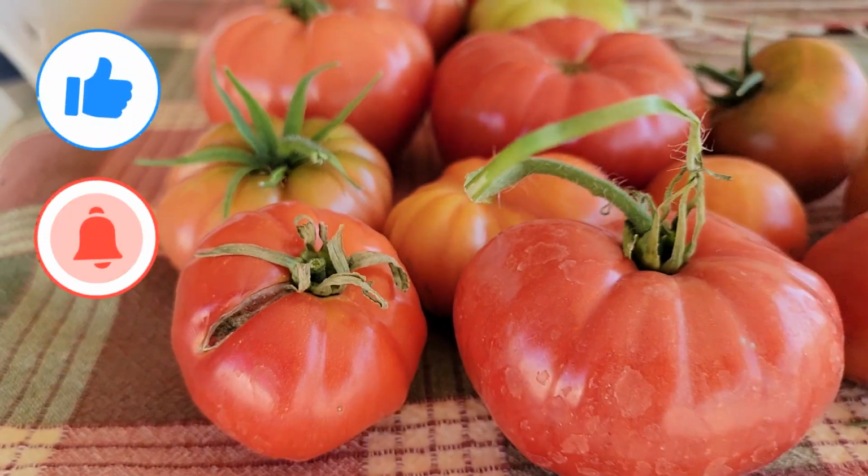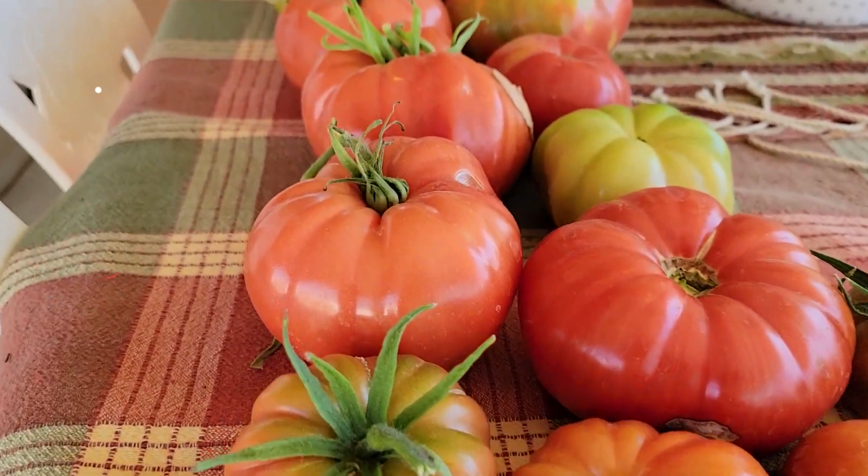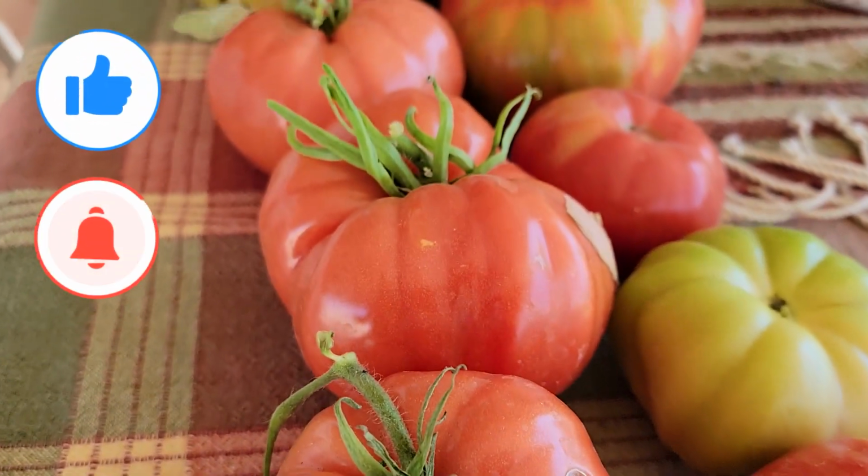Well, it was a fun day of picking tomatoes. Now Joe and I can't eat all these, so of course we're going to give them to some of our neighbors. My dad's tomatoes are turning red, so he doesn't need any. And so I'm just going to load my basket up on my bicycle and deliver tomatoes for people. I have about 8 or 9 places I'm going to go in the village to drop off some of these